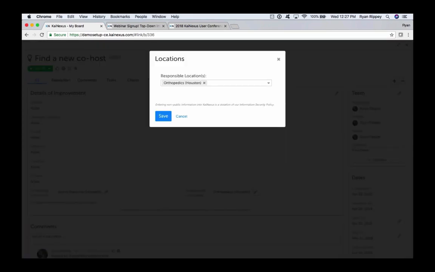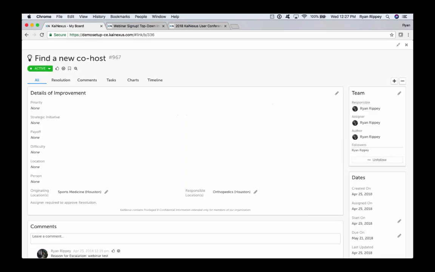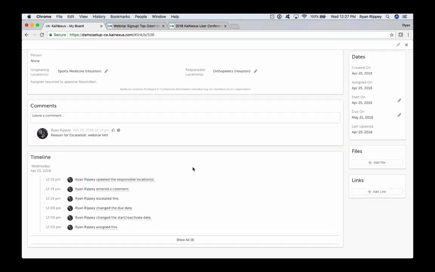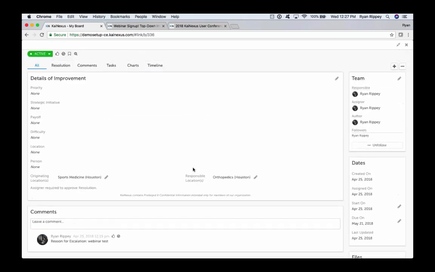Now, keep in mind with the process that we put in place for transferring items and for escalating items, if you were to just go in here and change the responsible location, yes, it would update it here in responsible location. Yes, you would see that change in the timeline, but what you would be missing is that third piece of sending the proper notification to the proper member of your organization who needs to take action on that transferred item